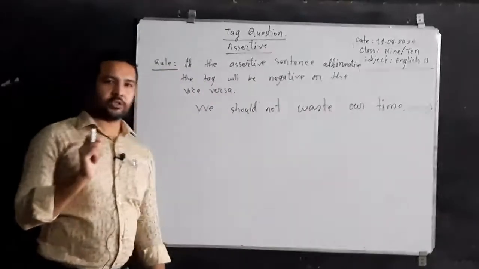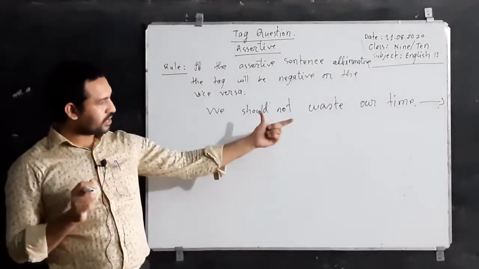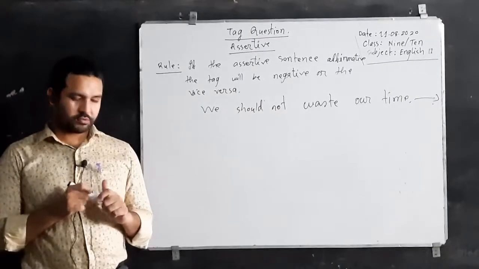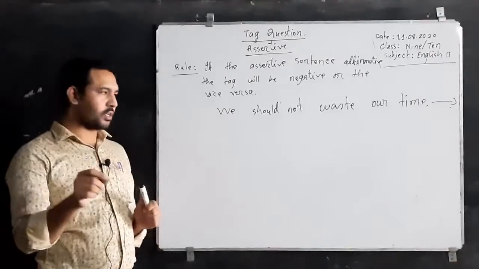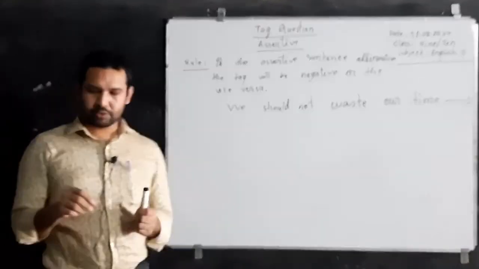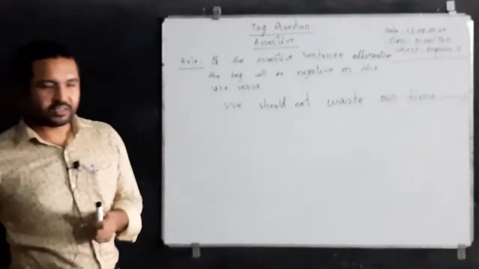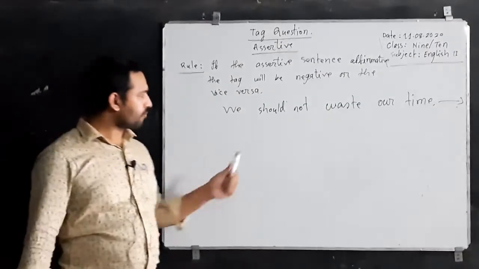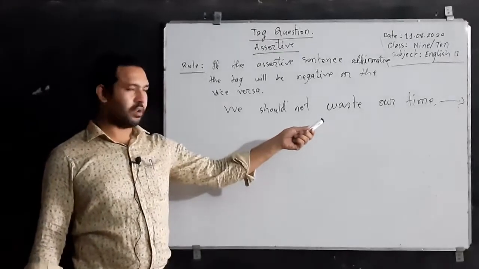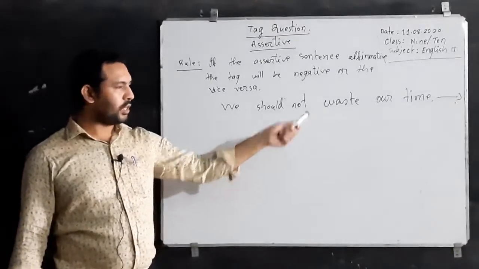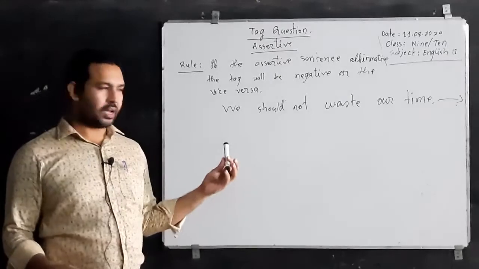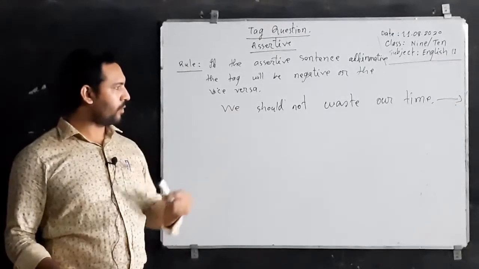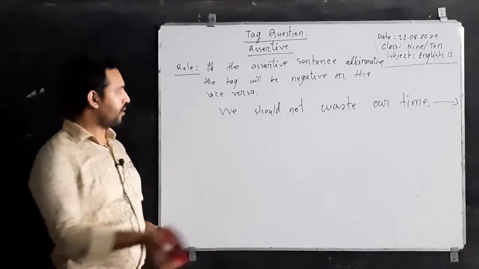This is your task. You have to make the tag for this sentence, and you should write your answer in the comment section of this page, and I will come back and check the answer. You can pause the video and write the answer, see the question and write the answer. Okay,